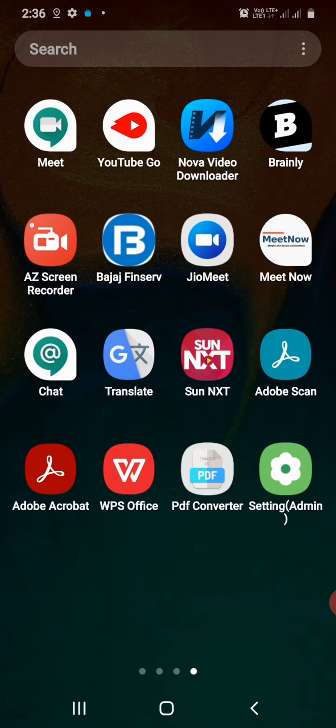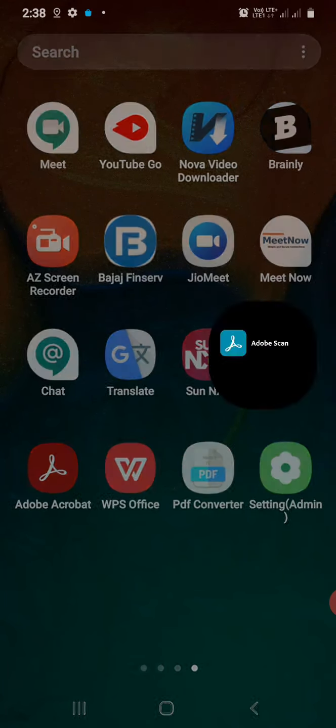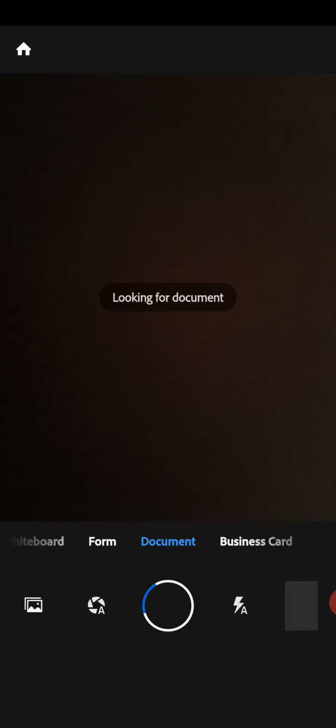Its name is Adobe Scan. It's a very professional, world famous company. Adobe Scan is a very good app to take our notes as images and to send them to the teachers. So from the Play Store you download Adobe Scan. After installing the app, you can see the icon like this. Okay, Adobe Scan. You open this icon, and when you join for the first time, it will ask you to join by using your Gmail ID. Okay, Google, by using your Google ID. I think it is better.